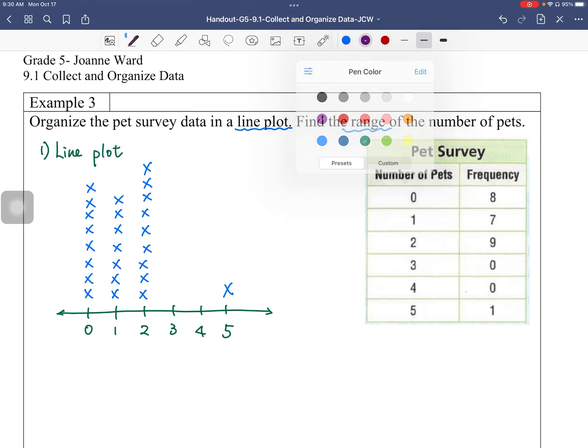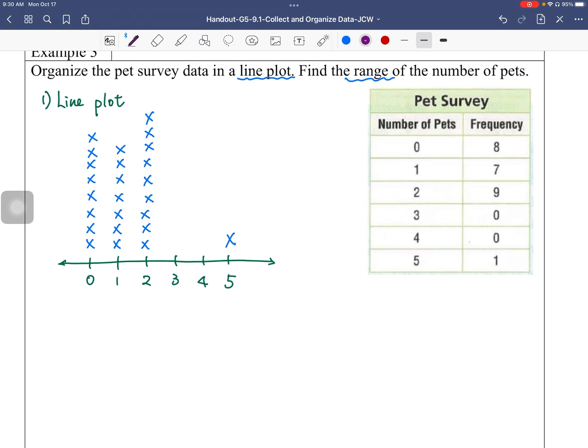Secondly, I want to find the range. The greatest number is 5, and the least number is 0. So the range is 5 minus 0, which is 5. So therefore, for the second question, the range is